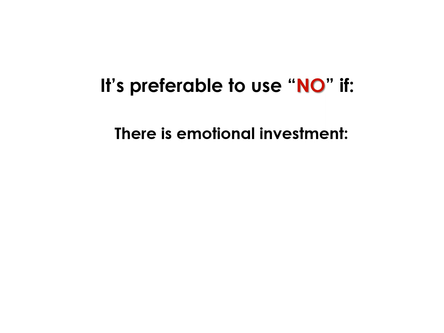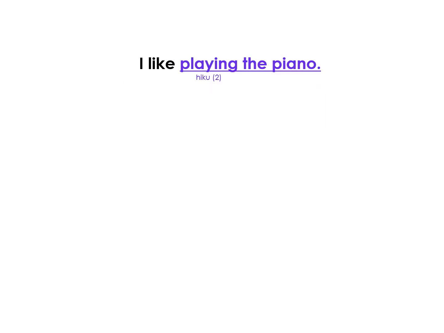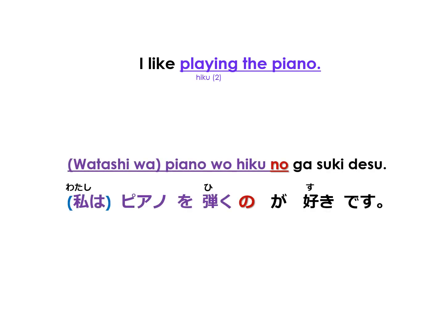in what you're saying. That's why when you express likes and dislikes, suki and kirai, you preferably use no rather than koto when nominalizing clauses. For example, "I like playing the piano." Because there's obviously an emotional connection here, it's better to use no when nominalizing. And in Japanese, we say, 私はピアノを弾くのが好きです。But you can also use koto and say, 私はピアノを弾くことが好きです。